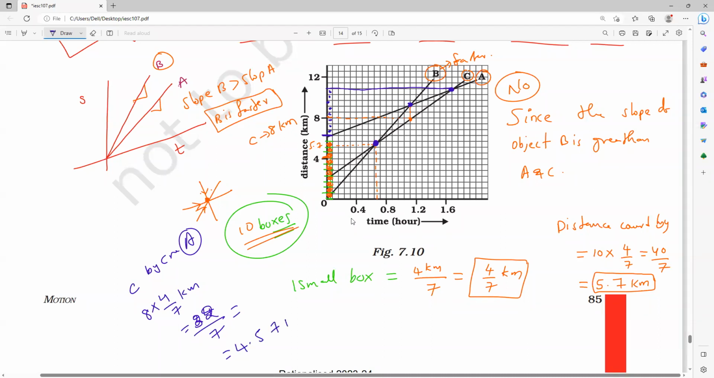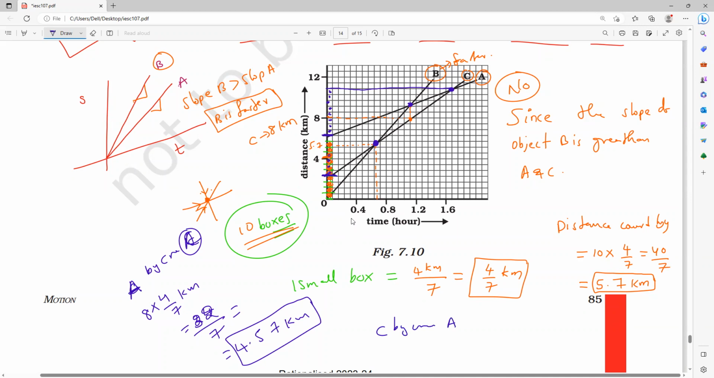4.57 kilometers. That is the distance travelled by C when it is crossing A. Okay, guys? Any doubt? C means from here, or A? Sorry, I forgot. C means here, this is A. The distance crossed by A by C is 4.5. Then the time of C crossing A is equal to, from here,